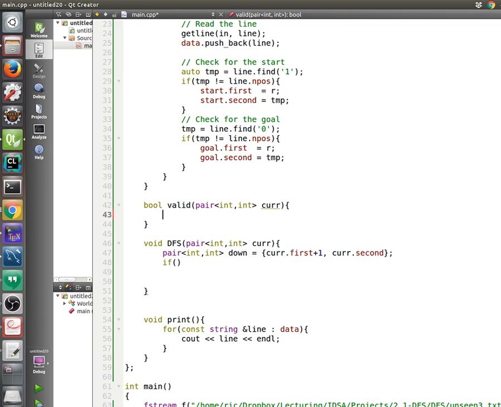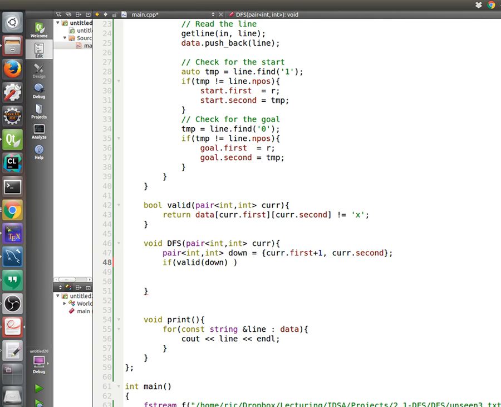We can initially say that a position is valid if we're allowed to go there. In this case, we're simply saying if it's not a wall. So cur.data at cur.first, cur.second, and we're checking that it's not equal to a wall. So from that point, I can say if down is valid,